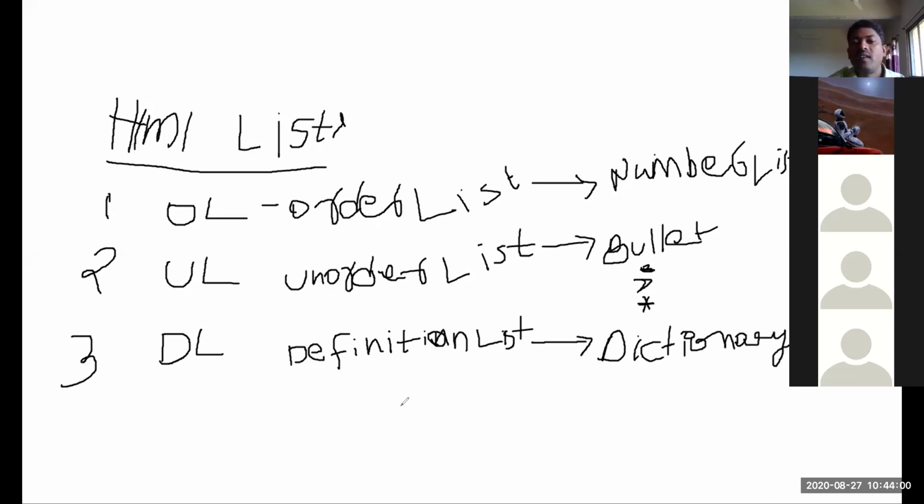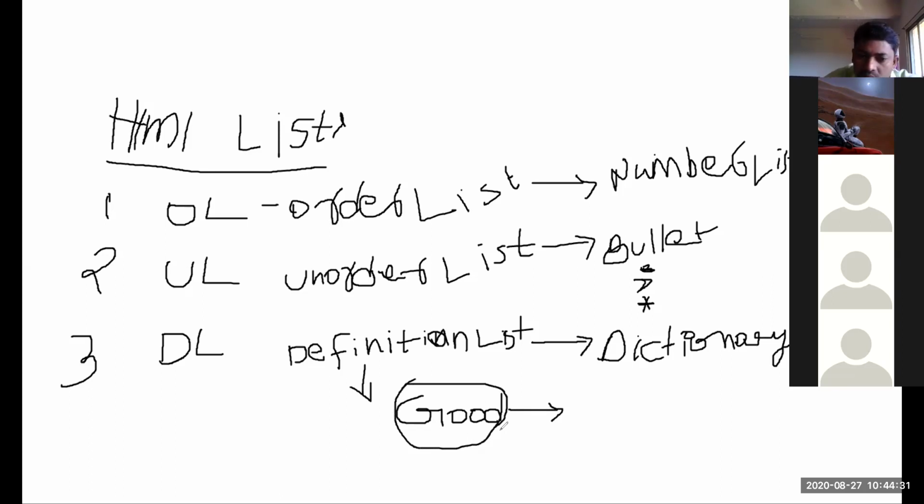Suppose you want to search the meaning of something, for example, what is the meaning of good? You search it in Google. Suppose you search this word in a Google search.